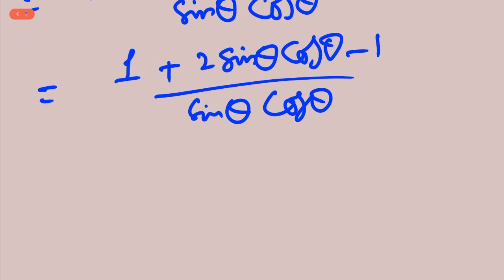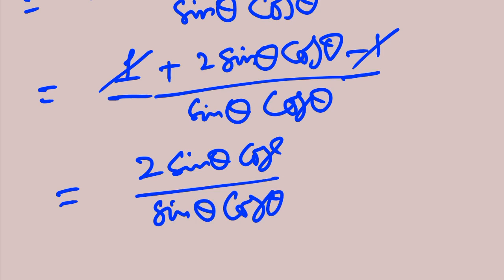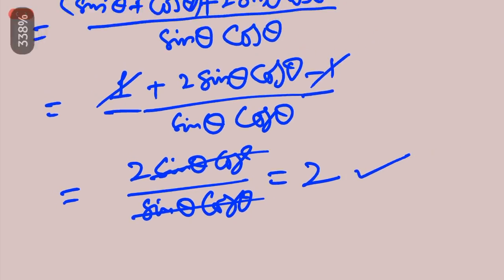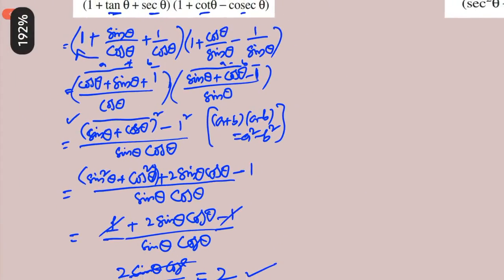After this, I can cancel minus 1 plus 1, and I'll get 2 sine theta cos theta by sine theta cos theta. But here these two and these two get cancelled. Finally I got 2 as the answer. So in this way we can evaluate and simplify these kinds of problems easily by using